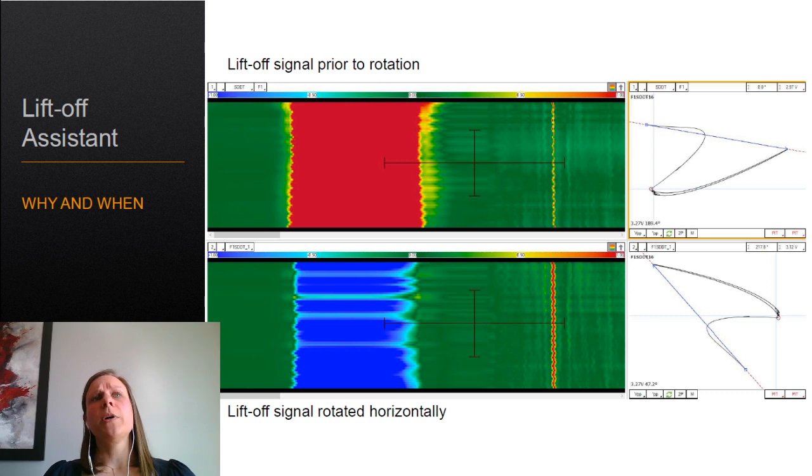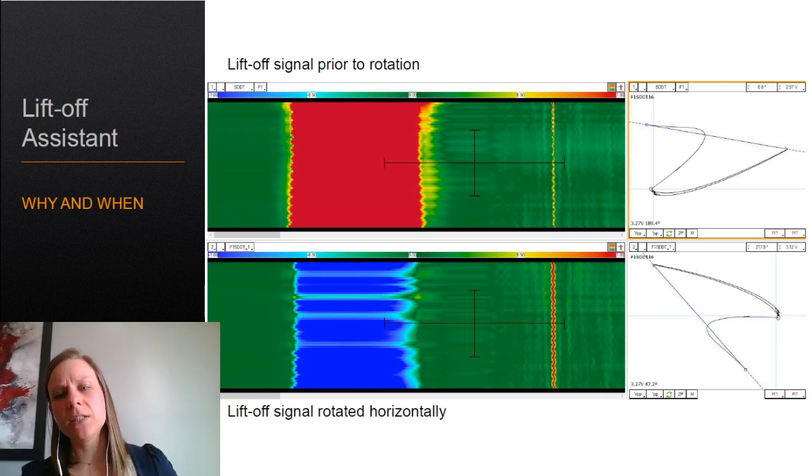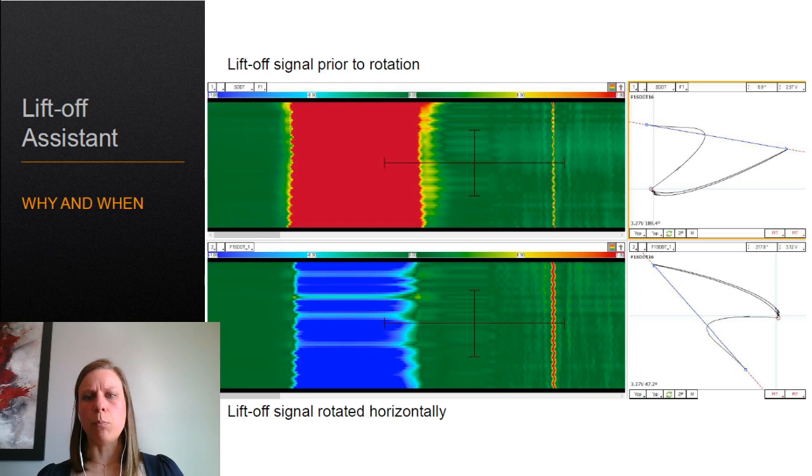When we are working with array probes, it is highly recommended to use an encoder, because in many probes there are 2 rows of coils, and we just want to make sure that everything is aligned. And we also often use filters. Those 2 items are sometimes, I won't say problematic, but they make the signal rotation a little bit more complex,